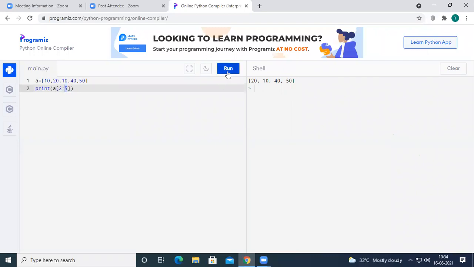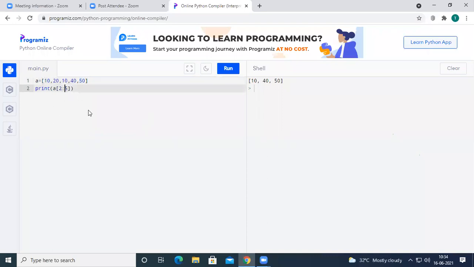So if I run this code, it is going to print the values 10, 40, and 50, because 10 was stored at index number 0, and then index number 1, 2, 3, and 4. So we are going to get 10, 40, and 50.